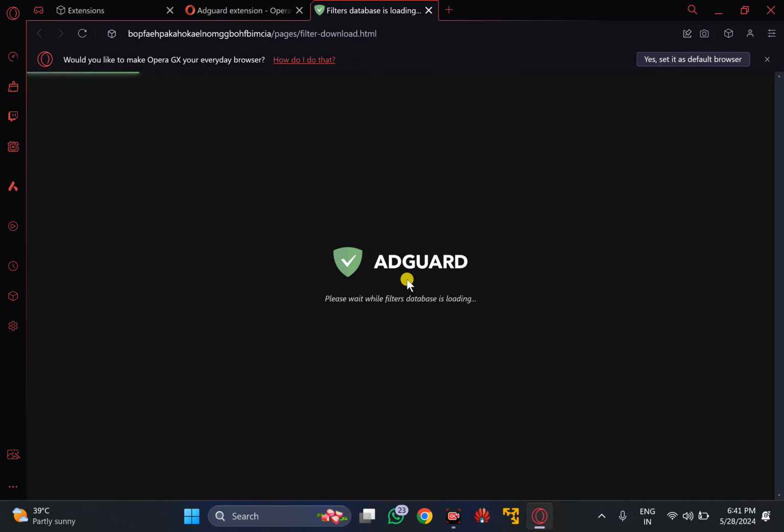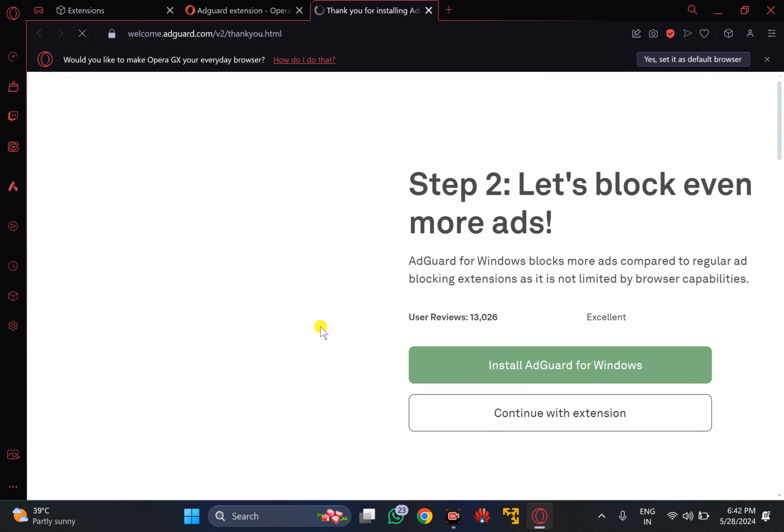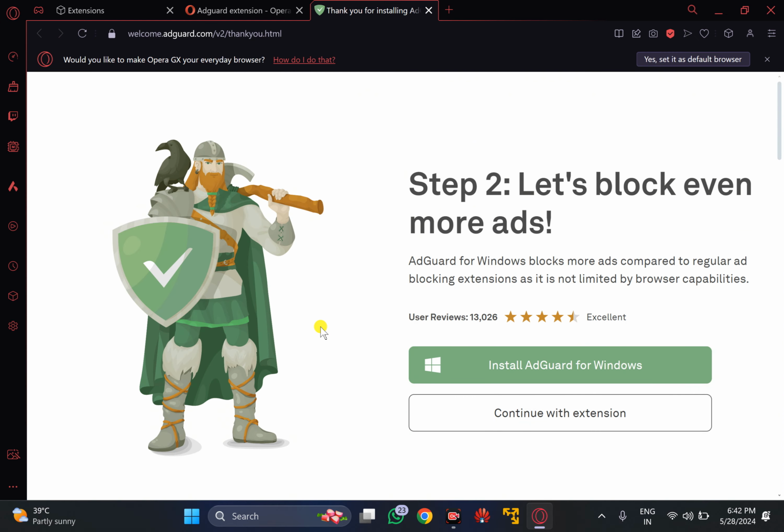Once AdGuard is installed, it will download database filters, the latest updates of the AdGuard. Once completed, you will see something like this.